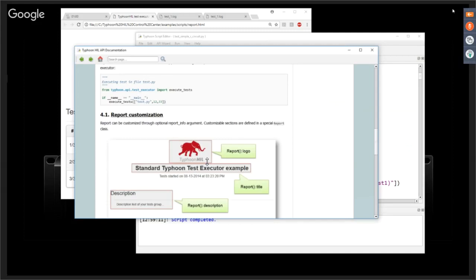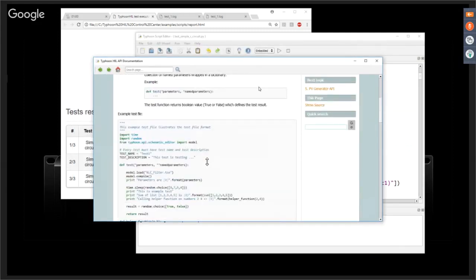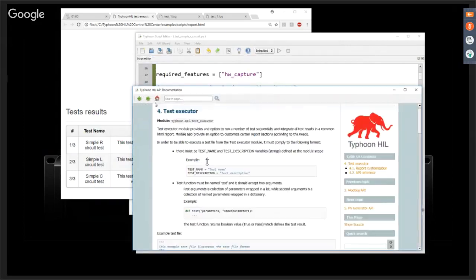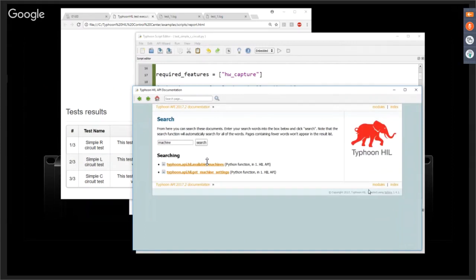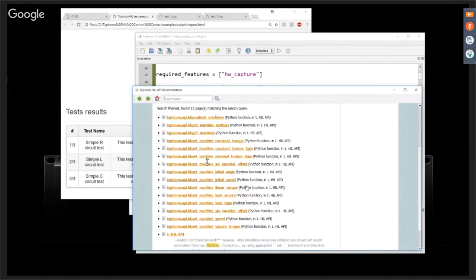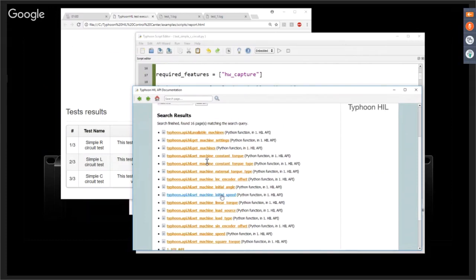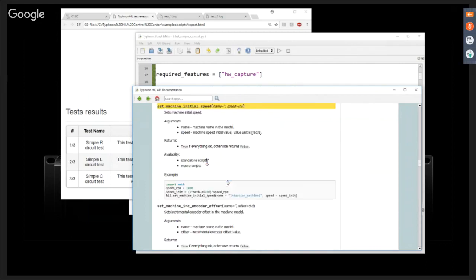And just one small comment. You can search easily by looking at whatever you want. Maybe you are interested in machines, so you can get anything like how to set machine torque or how to initialize machine. Let's say that you're interested in how to initialize the machine speed, and then you get the command along with its